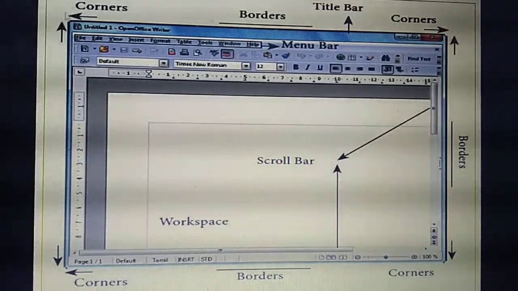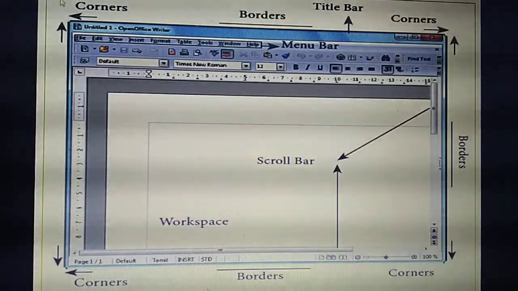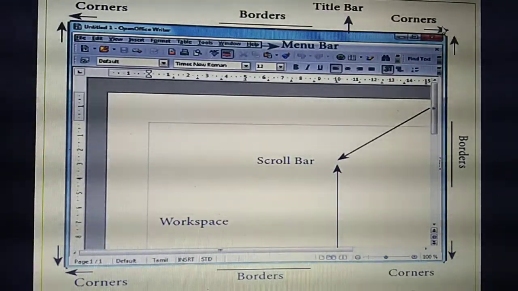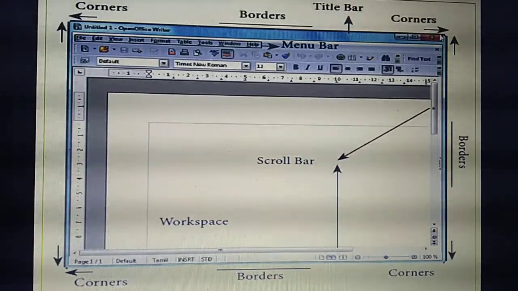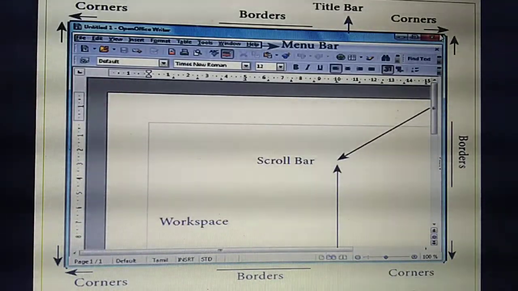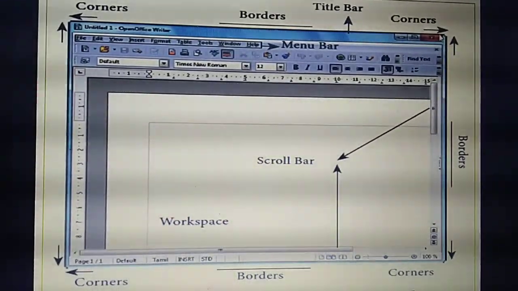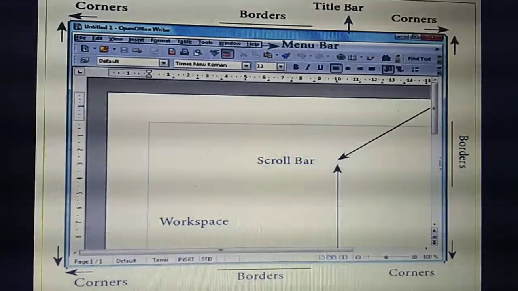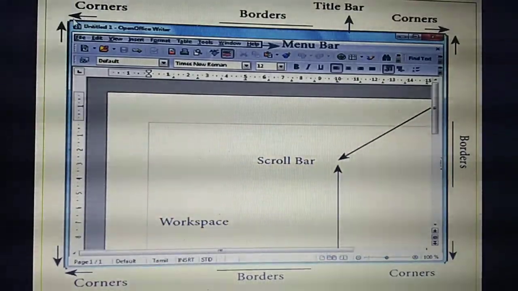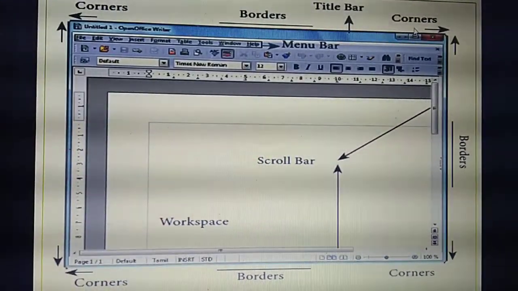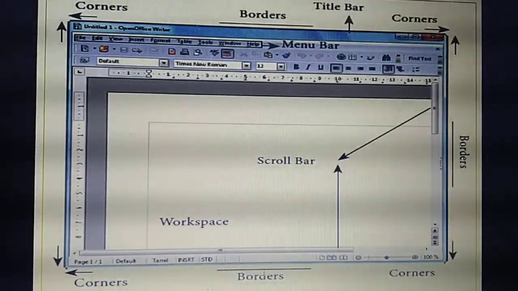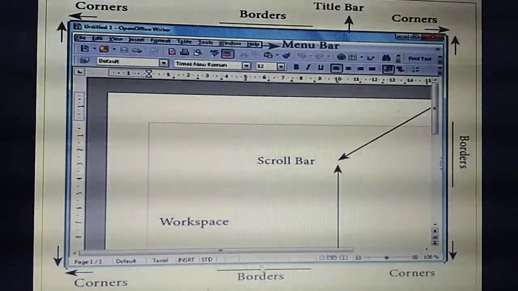Then at this end they have shown the corner position. The 4 corners are there. How many corners are there? They are shown with an arrow mark. Is it visible for you? So this corner position they have given with an arrow mark. How many corners? 4 corners are there. Okay. Then this one we are calling the border.